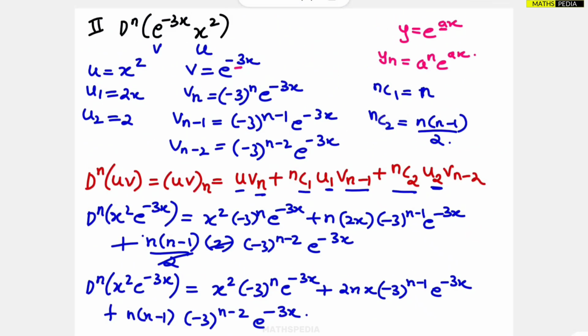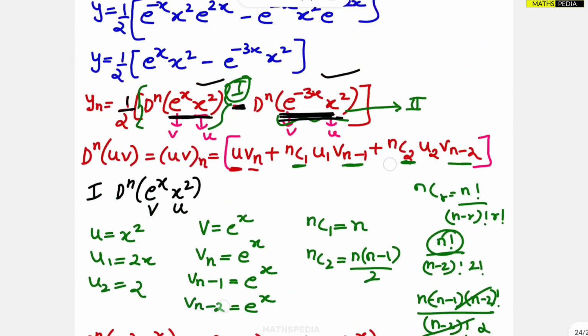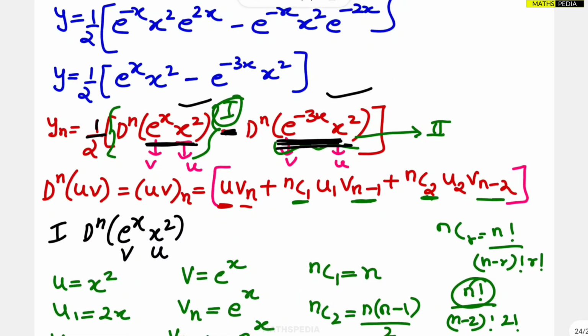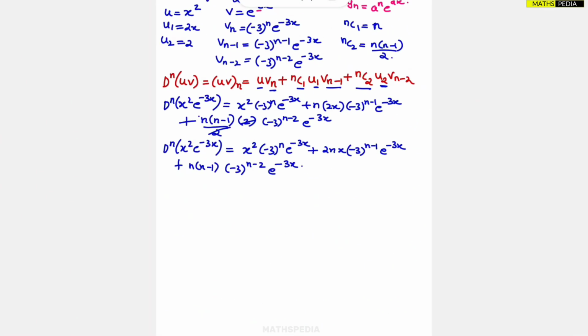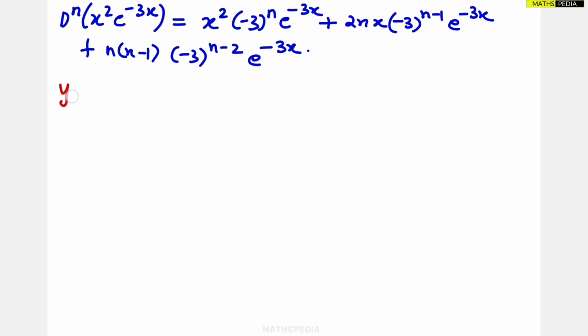We have got two separate functions. Now we have to combine those two, right? So between them minus sign is there. So 1 by 2 I can multiply with both. So it will become 1 by 2 into this thing minus 1 by 2 into this thing. So combining both. So yn becomes what? 1 by 2 into first function derivative